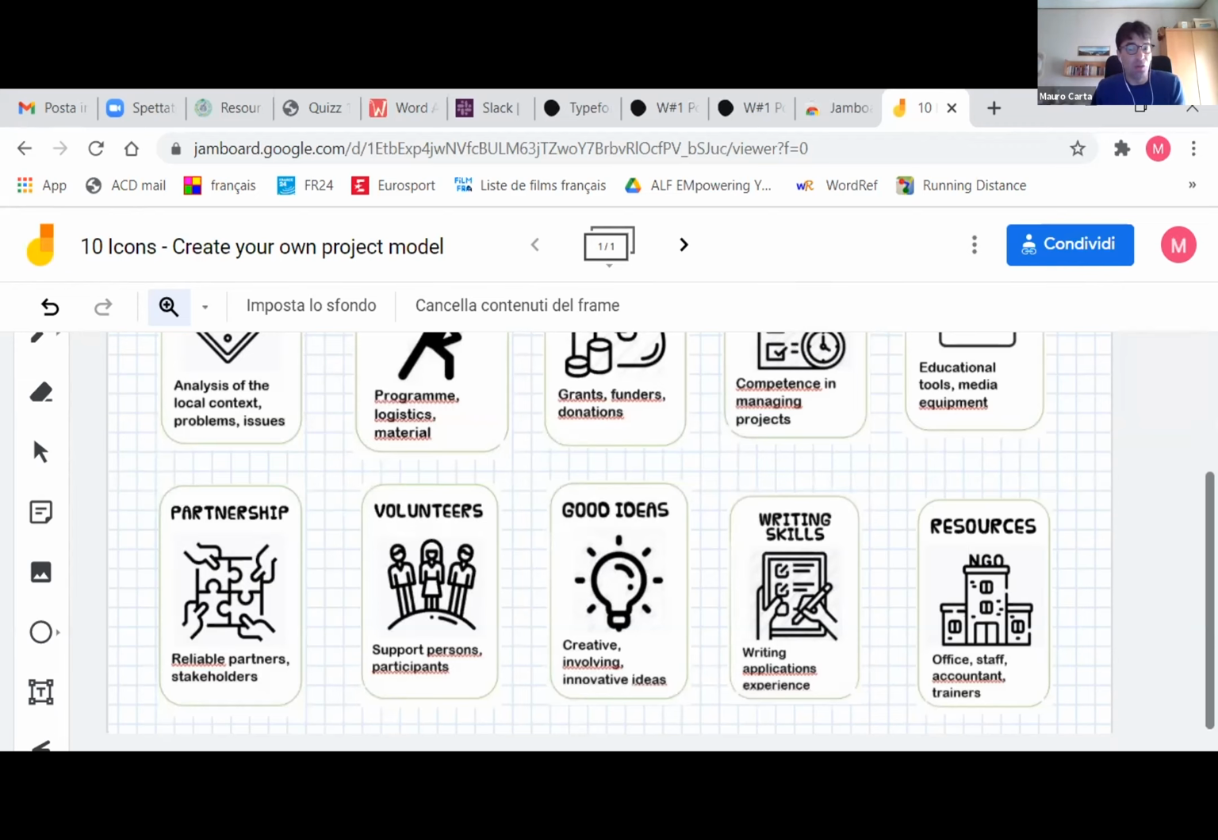Writing skills, we mentioned before management skills. You also need writing skills in order to write the application or the proposal in order to get the support or the funds. And of